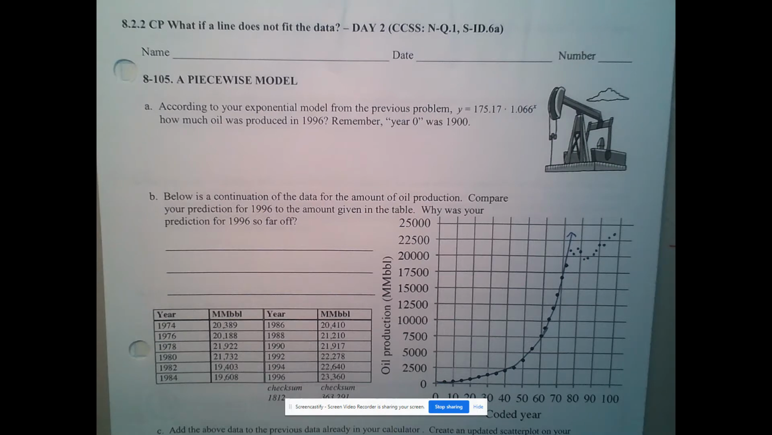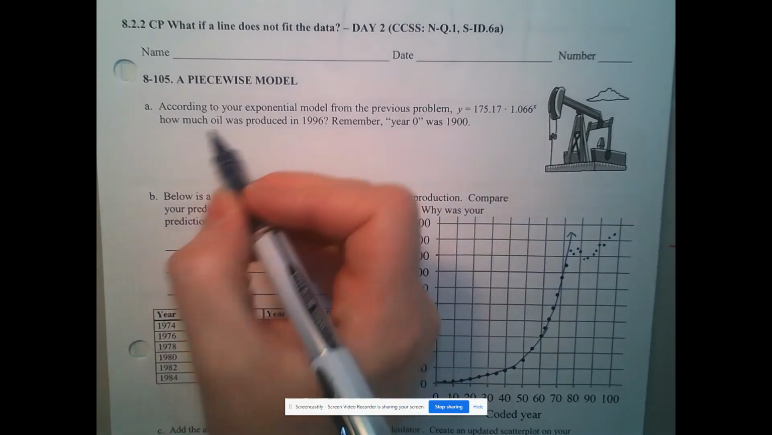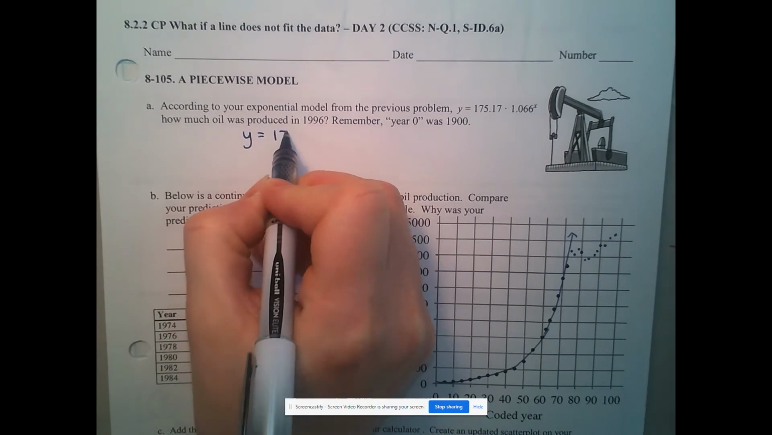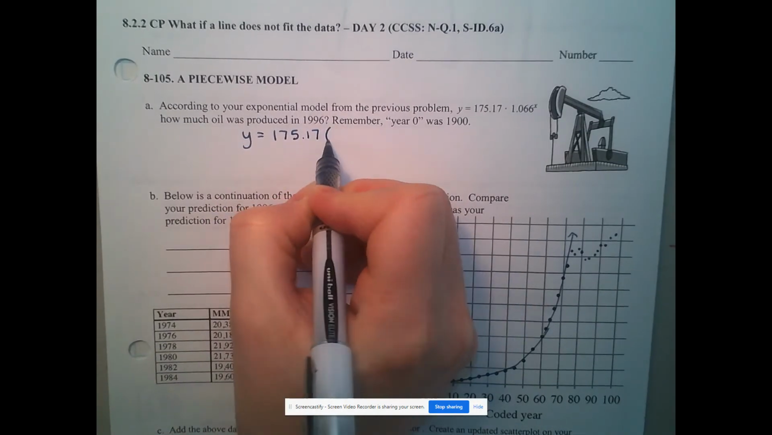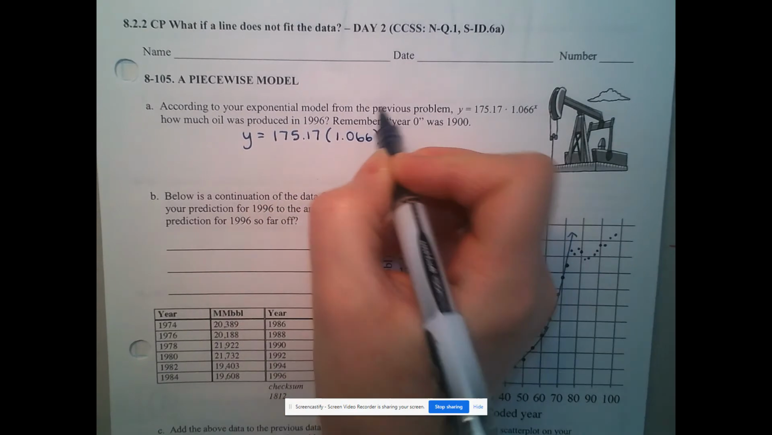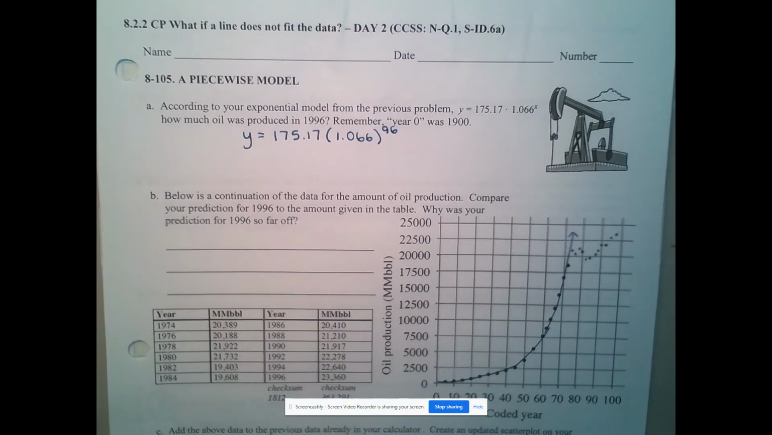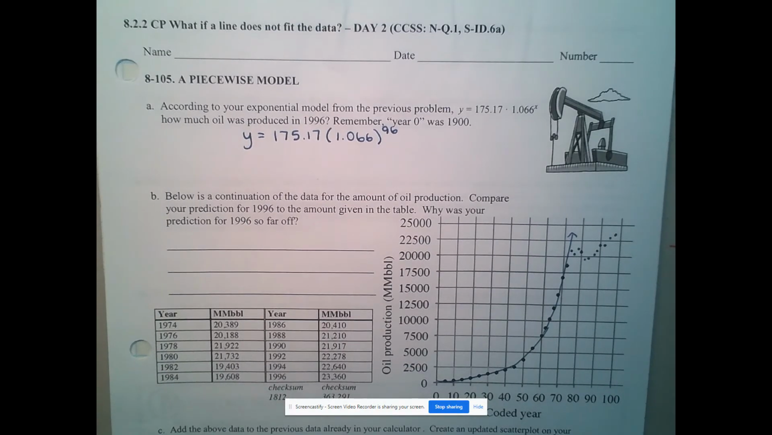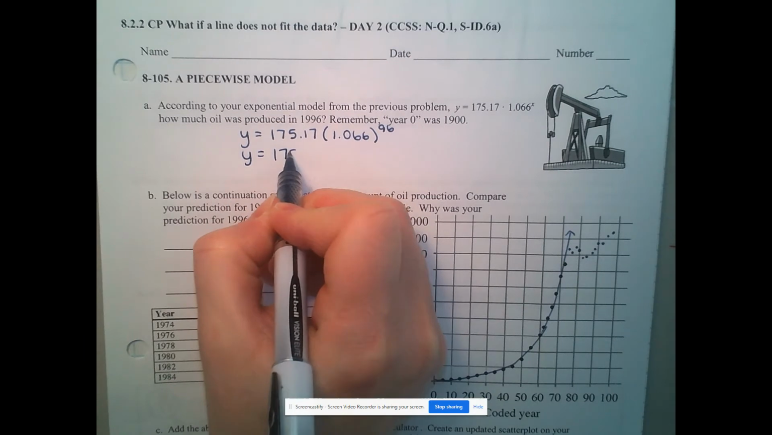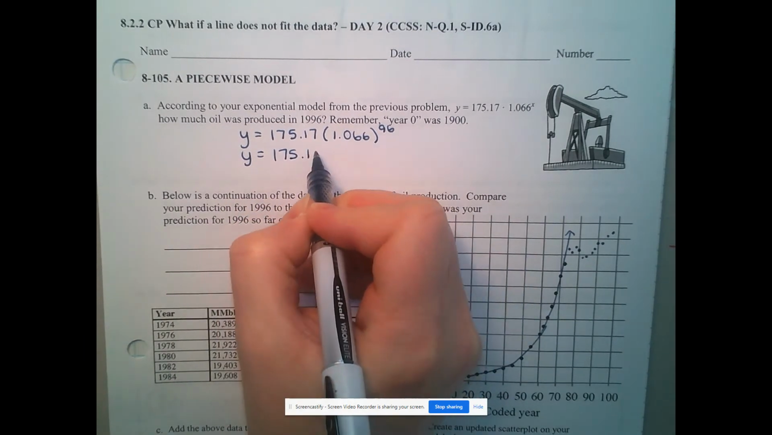According to your exponential model from the previous problem, we found that we could use y equals 175.17 times 1.066 to the x. How much oil was produced in 1996? Remember, year 0 was 1900. So if we take the equation 175.17 times 1.066 and raise it to the 96th power, because 1996 would be 96 years since 1900. Clearly, we would want to leave the number on the calculator screen for 1.066 to the 96th power. It's approximately